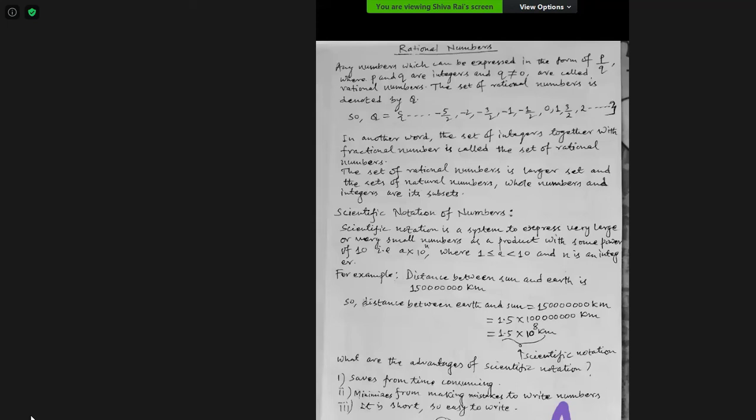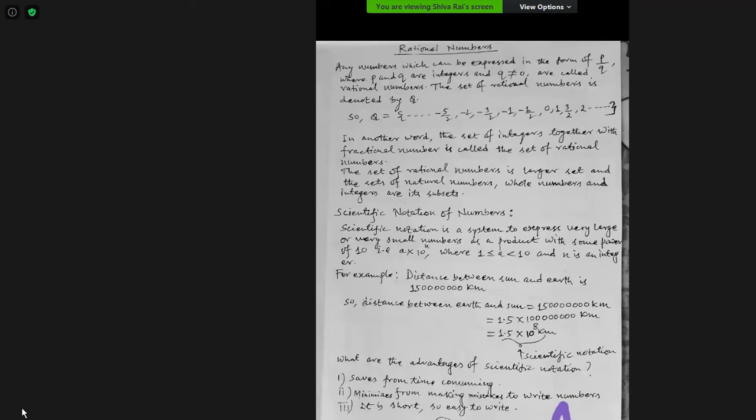Already you have learned. 100 equal to 10 square, 1000 equal to 10 cube. Where to use that? You have to use here. Otherwise, what to learn? We have to use in appropriate place.